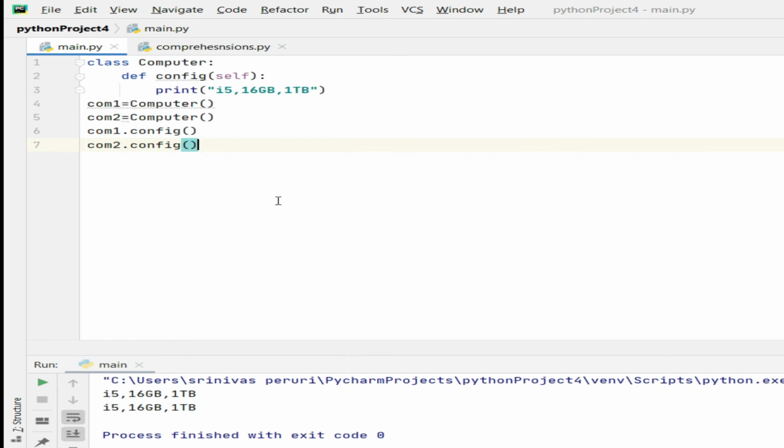In the next session, we are going to simplify this class declaration and implement all these things more clearly, because for configuration there is another special method present, the init method. With the help of that we can go beyond this. I hope this is very clear. This is the simple class creation.